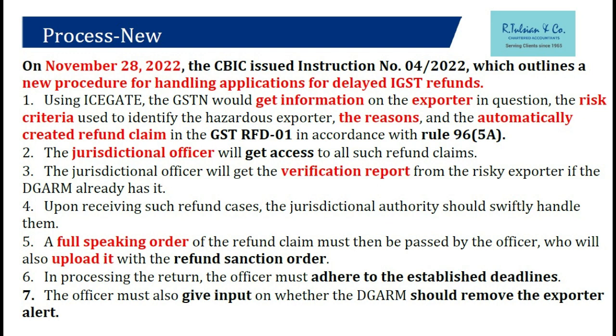But what is the rule, sir? Try to understand. The refund application of 5 crore rupees which I am getting every month because of payment of IGST with export, on the basis of shipping bill and GSTR-1, that is stuck for 2 years, but that is transferred to my jurisdictional officer. That entire refund application is converted into RFD 01 by the system, from ICEGATE to GSTN. So GSTN now makes a proper RFD 01 application as per Rule 89 and Section 54, and it has to give that particular refund in 60 days as per Section 54.